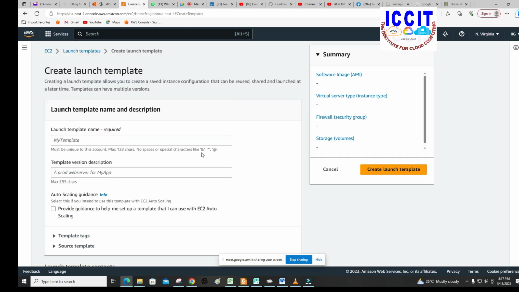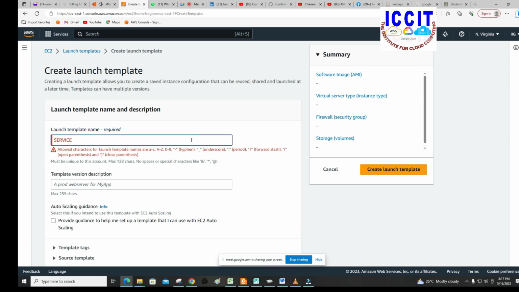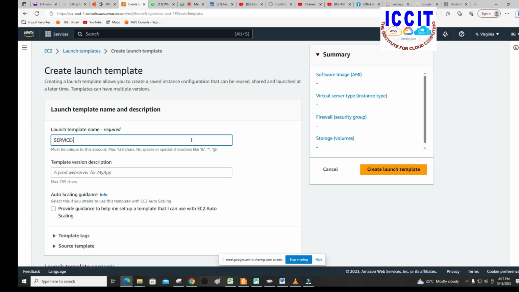Now, they'll ask you for a template name. You can say service instances, and for the template version description,